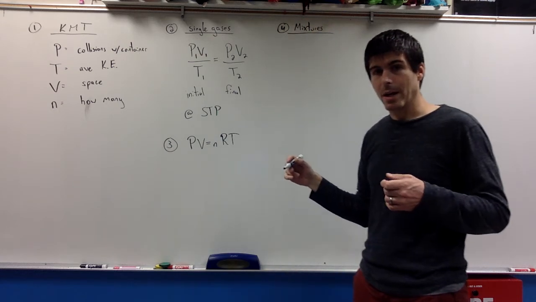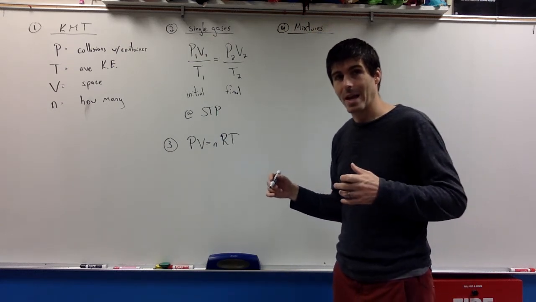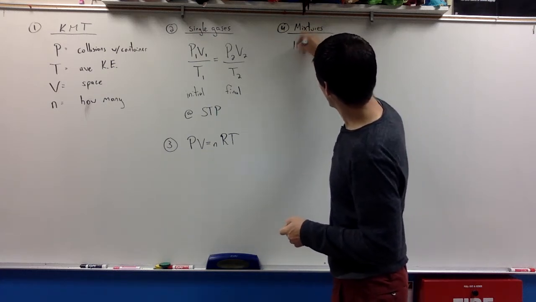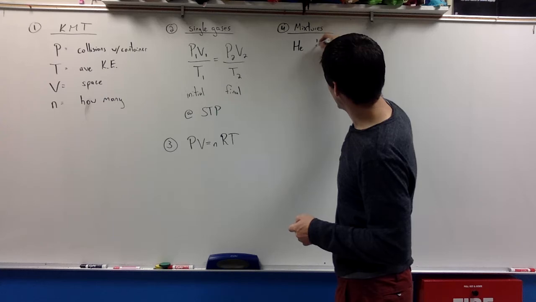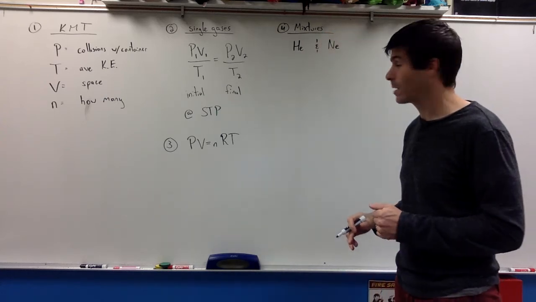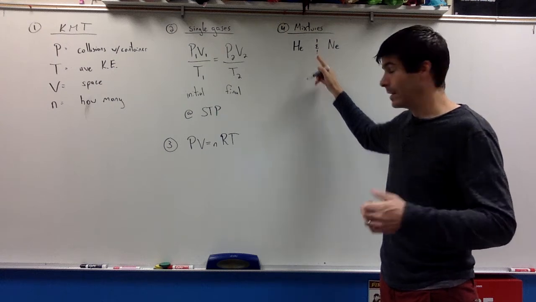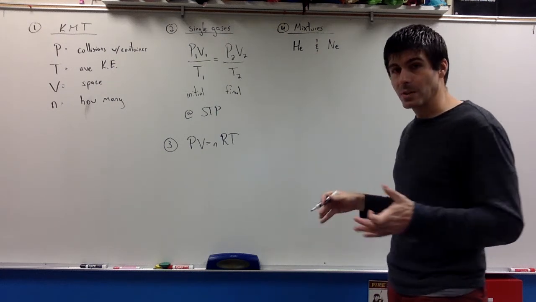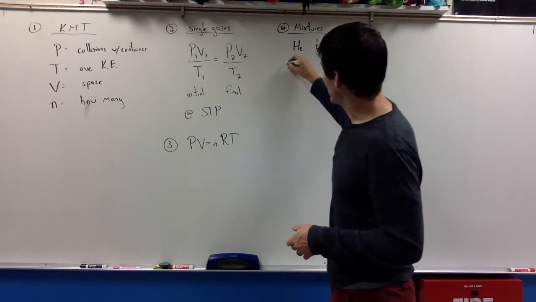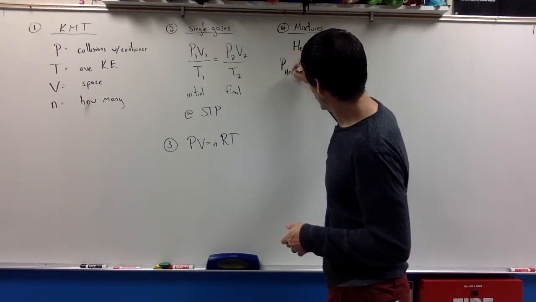So mixtures, we're not talking about balanced equations and reactions yet. We're just talking about how we have a mixture. If we had helium and neon, I'll choose two noble gases so that there's no confusion. They're not going to react with one another, and I put an "and" sign instead of a plus sign. What happens is when we have a mixture, the problems can get really wordy because each element